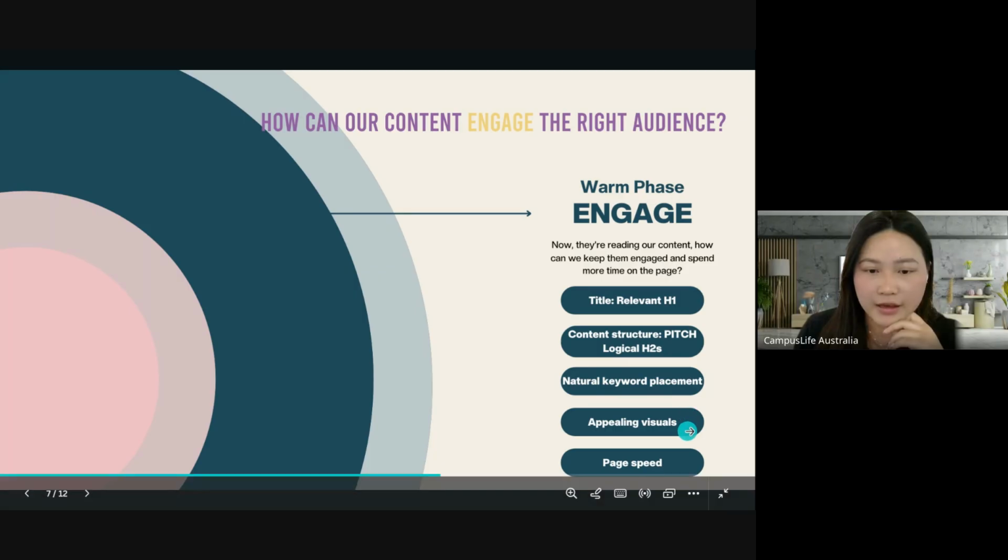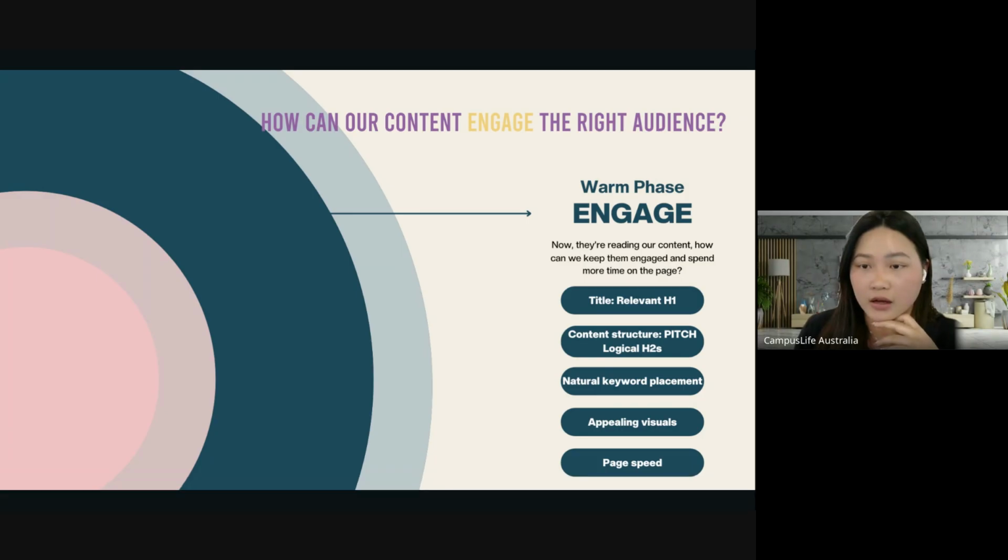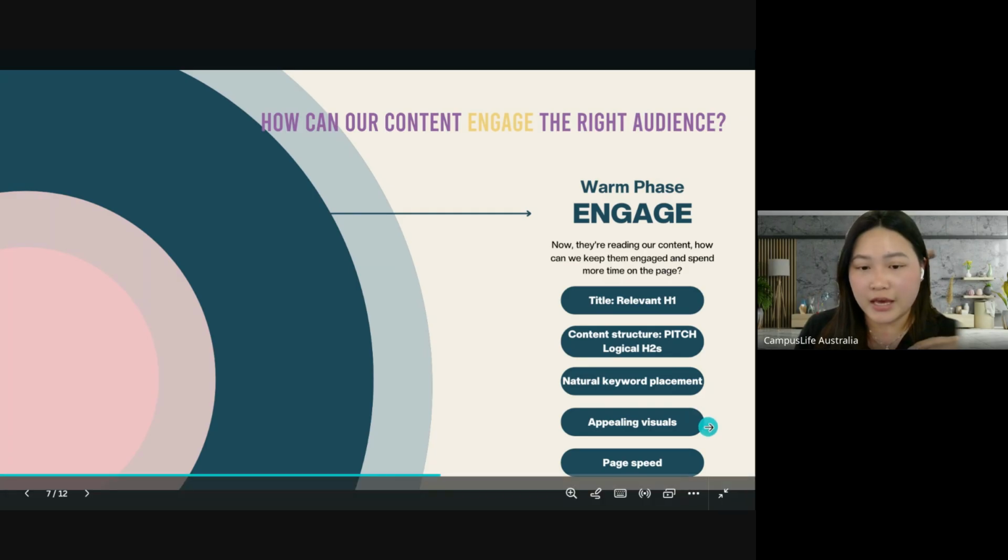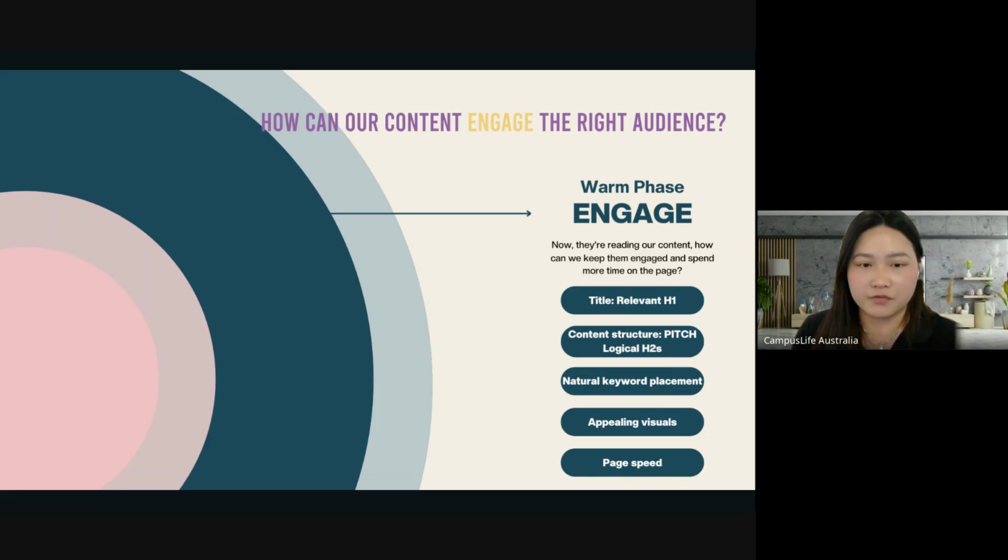And then appealing visuals. So apart from text, for a great blog, visuals are really important. For me, I usually use multiple images or video as a way to break down different sections of the blog. Because personally, I don't want to read a whole 1,000 words blog. It's just too much. It's just too wordy.